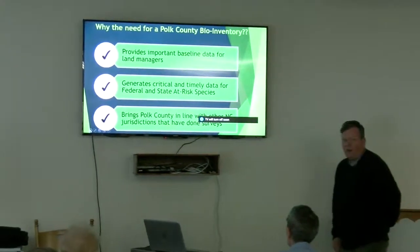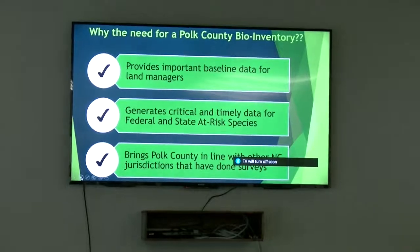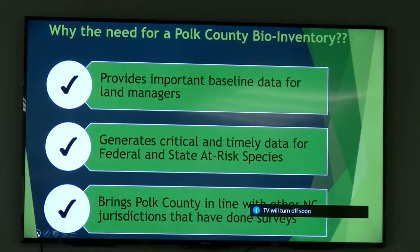Okay, so a lot of people ask, and I guess quite rightly and sensibly, why do we need to do a Polk County bioinventory? So in North Carolina, we've got 100 counties, and each of them almost at this point has had,